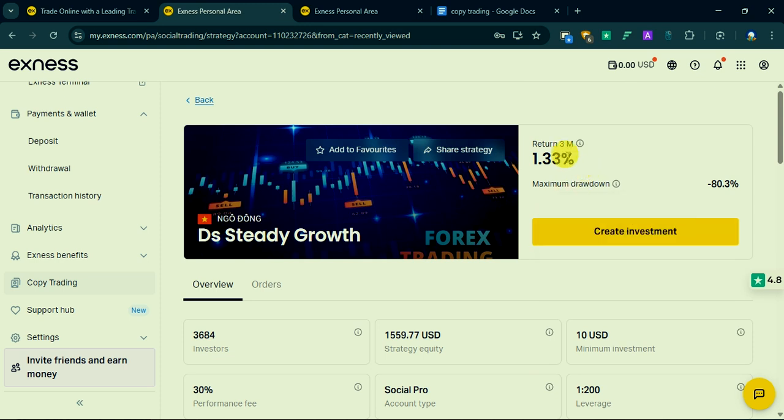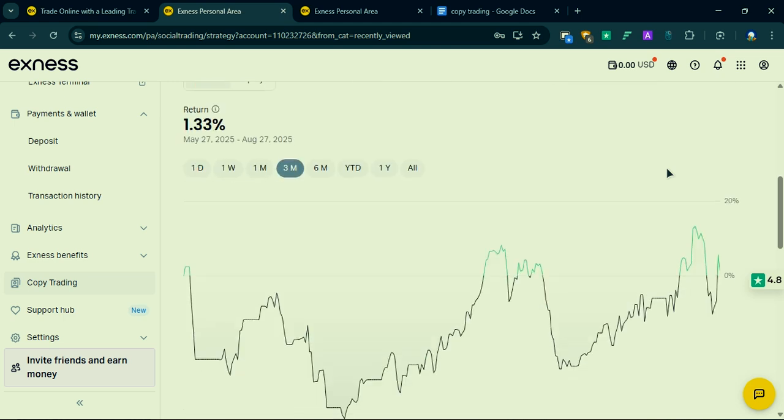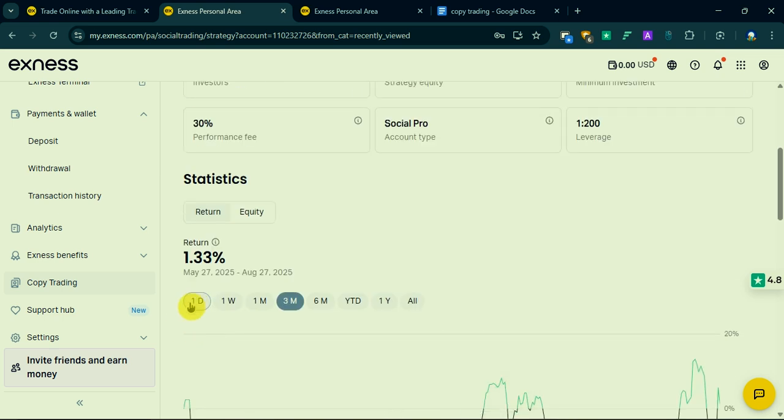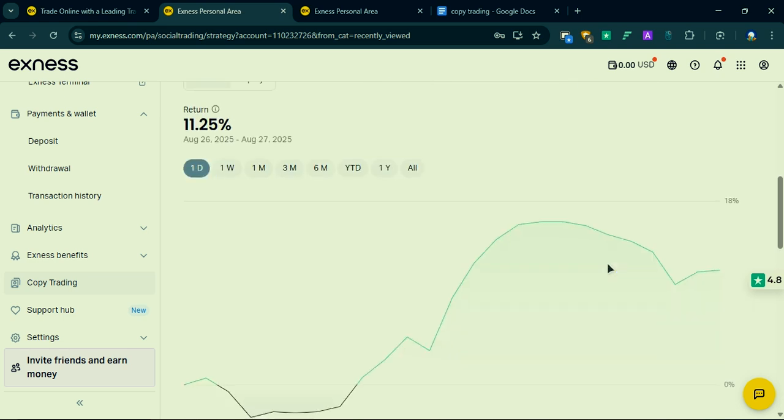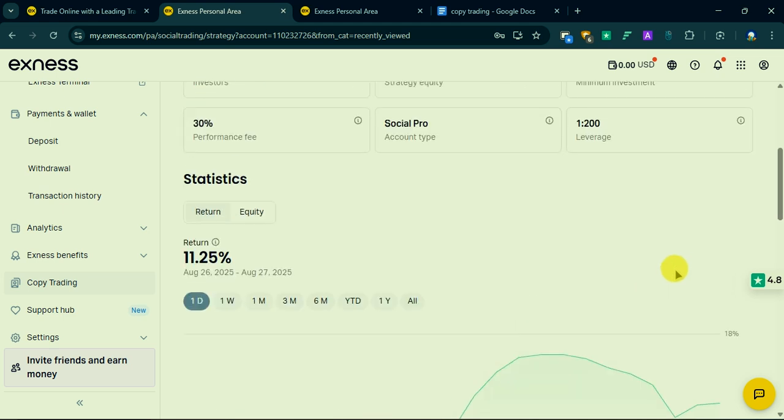So this is a return in 3 months. He has made this return in 3 months. If you want to see it, you just open here, and then you will see how he has been doing. You can see he made a small profit, some losses here, and then you can change to 1 day and see. You can see here he made a loss, a profit, all that,